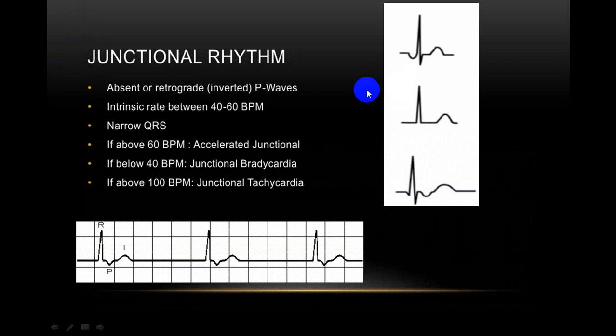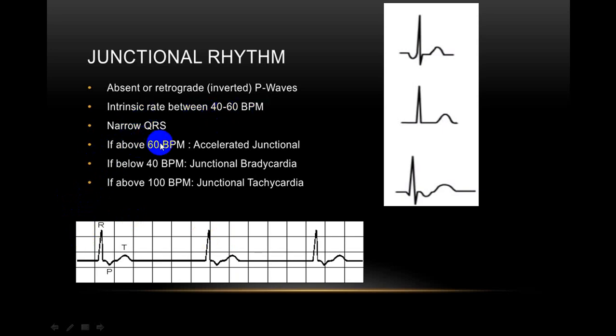Now we go to another condition we call junctional rhythm, which we have already explained to you. Junctional rhythm means you will have a narrow QRS complex. It is usually not preceded by a P wave. P wave is usually absent. Sometimes P wave may be present just before the QRS complex, or just after the QRS complex, and a good number of times P wave is hidden in the QRS complex. And the rate is usually between 40 to 60 per minute. So that we call junctional rhythm with normal rate.